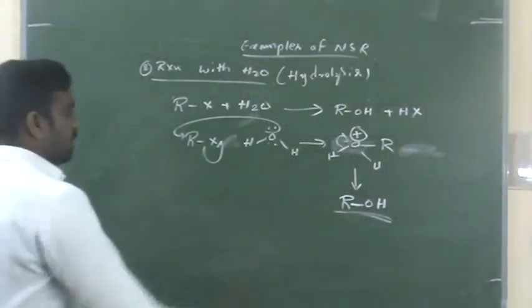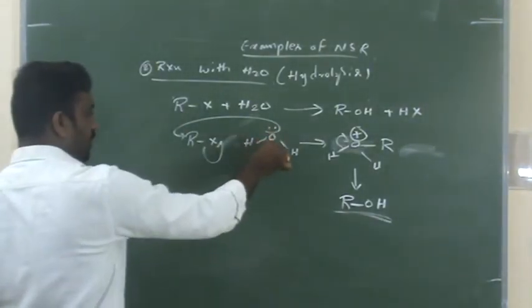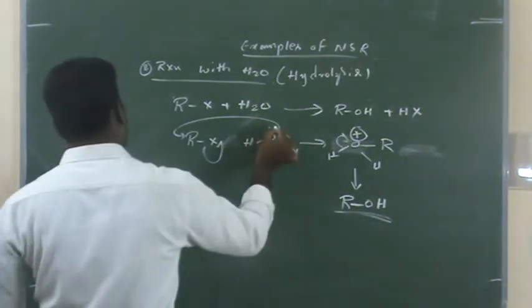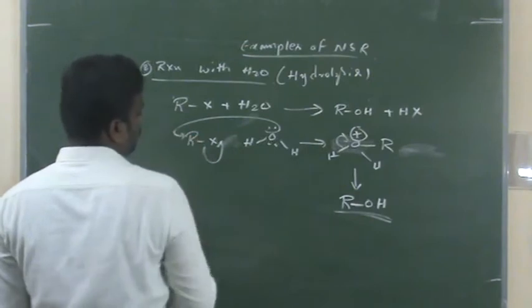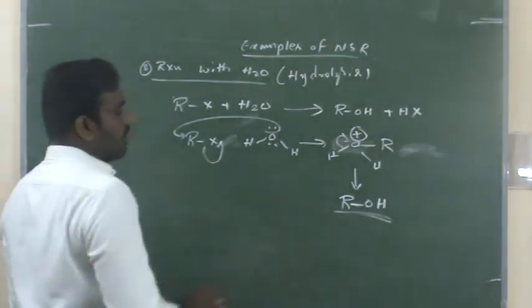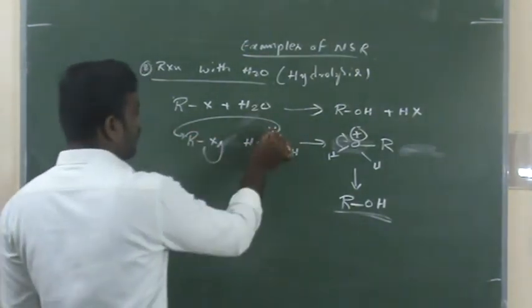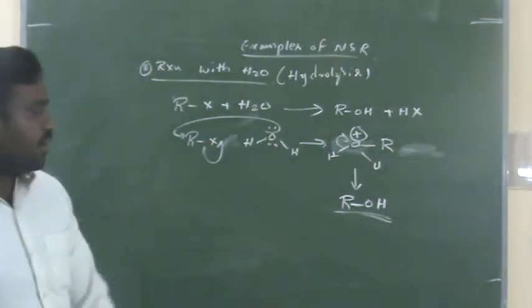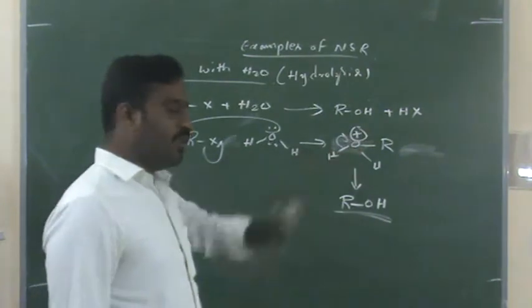Once again, repeating, water is a good nucleophile. Why? Because there is an excess of electrons on oxygen. These electrons go on attacking here, and the X is removed. When the electrons attack here, they are given to this R, then automatically oxygen gets the positive charge. When oxygen gets the positive charge, it wants to remove